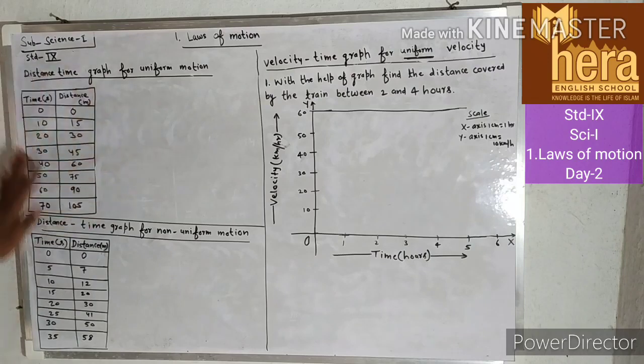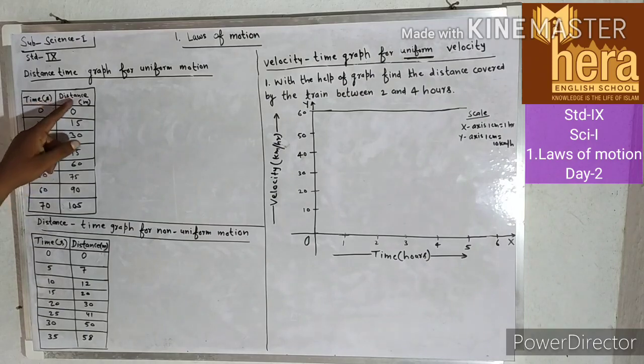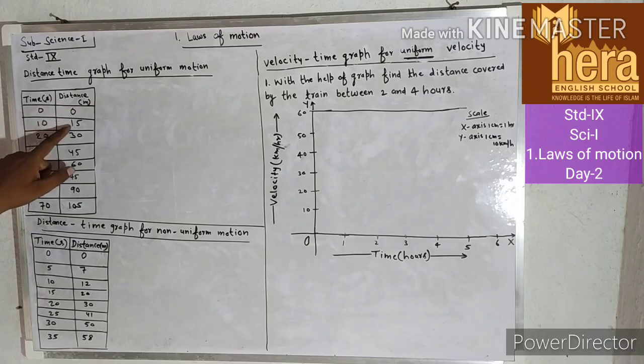So here one table is given. Here time is in second, distance is in meter. At time t is equal to 0, distance is 0. At time t is equal to 10 seconds, distance is 15 meter. At time t equal to 20 seconds, distance is 30 meter. At 30 seconds,